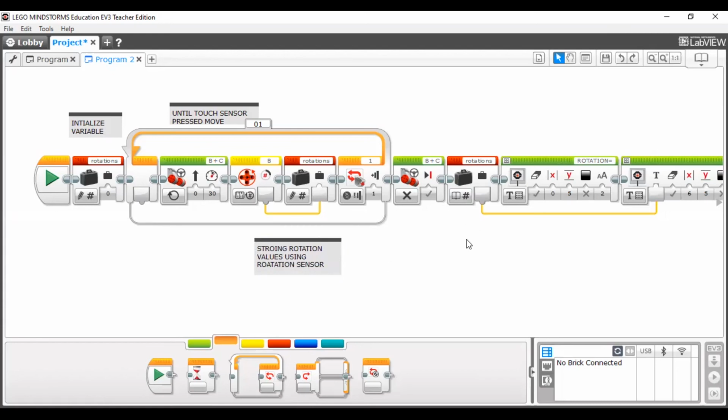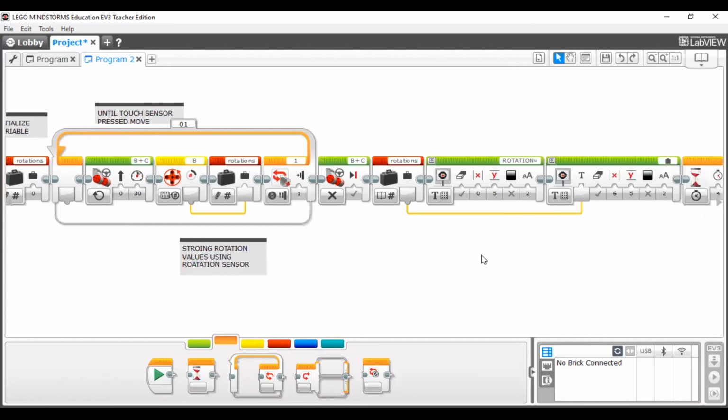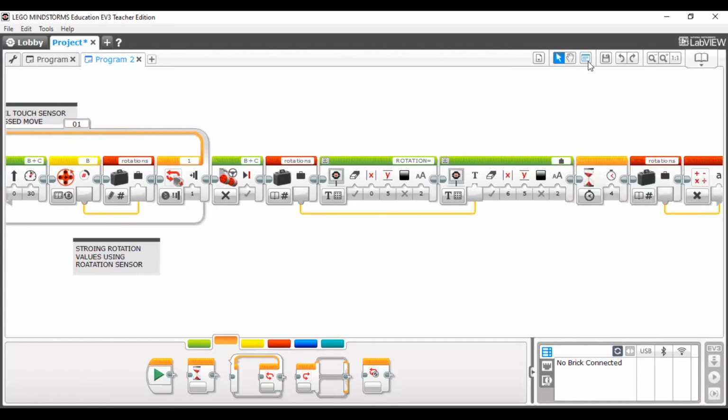Once the touch sensor is pressed, you can stop it, and here we are displaying the result.